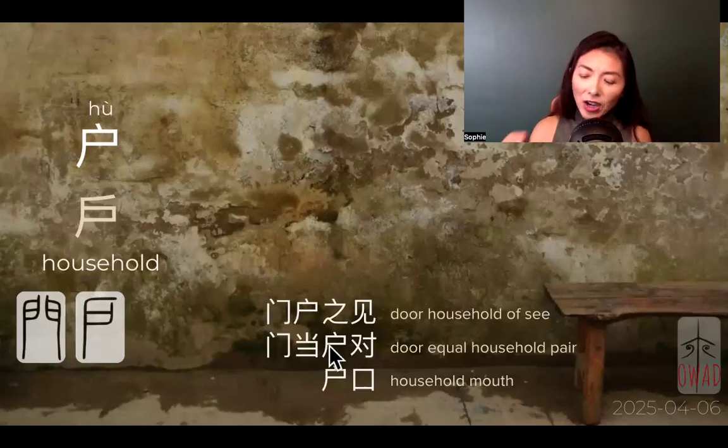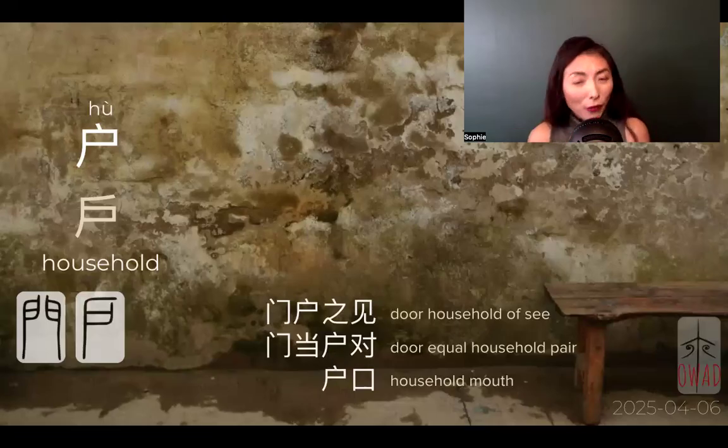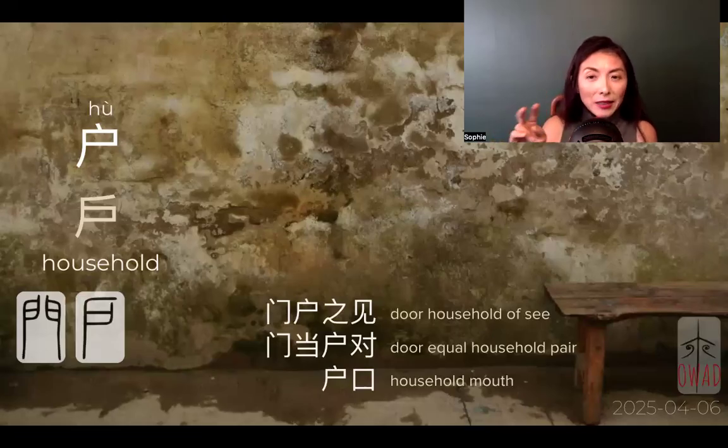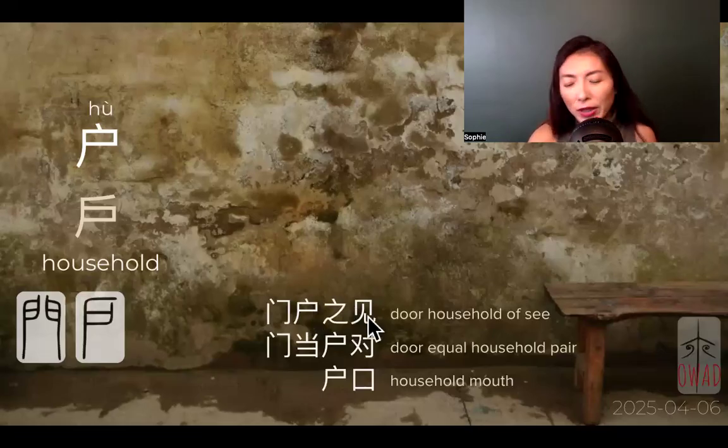And 门户之见 is a Chinese way to say people from different doors may have their own POV. And it's kind of a tribalism, equivalent to the Chinese concept of it's my very narrow scoped, very probably my class, my geography, my local environment, my household, confined or limited point of view. It's very biased, a very singular vision. So that's 门户之见. It means tribal dispute, disagreement. Everybody comes from different households and has their own point of view.